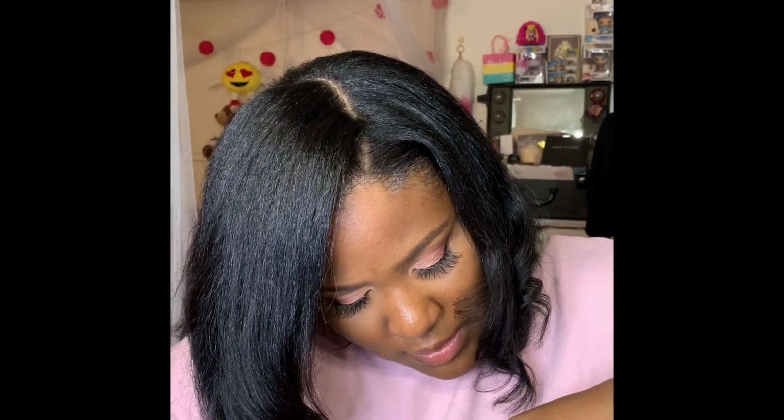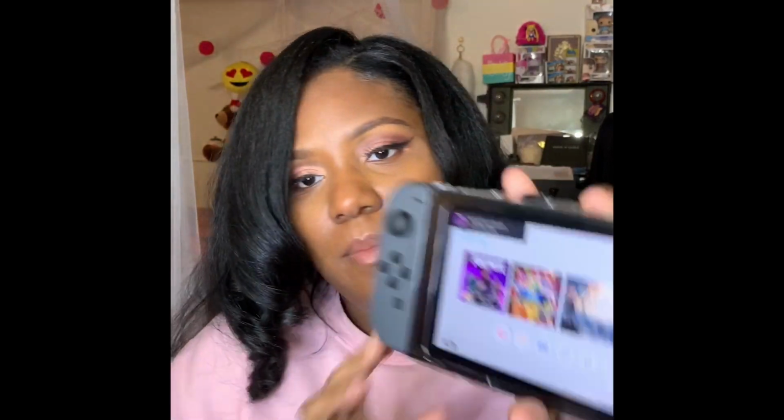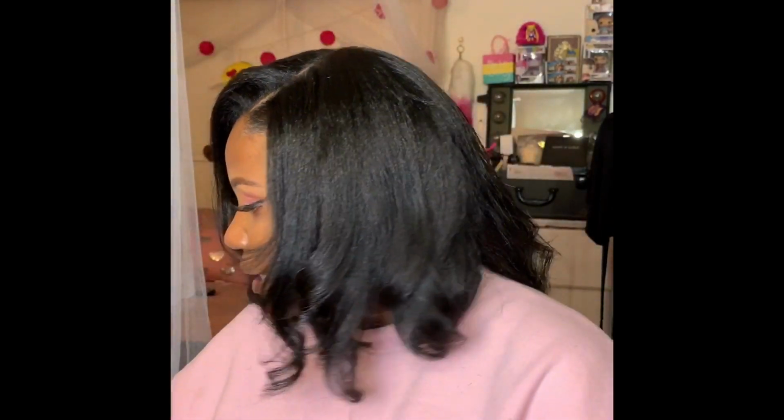I honestly forever have problems with this. There it is. I always have problems with it, but that's only because I haven't put a micro SD card in there. I need to probably do that so it can start saving my game stuff. But as you can see, yeah, that's what it looks like. This is how it fits on the game, which is super cute. I'm very content with this instead of the bundle deal, because I really just wanted Pikachu anyway. I'm really happy. So yeah, let's just see what else comes in here,